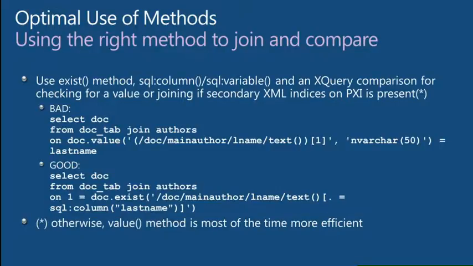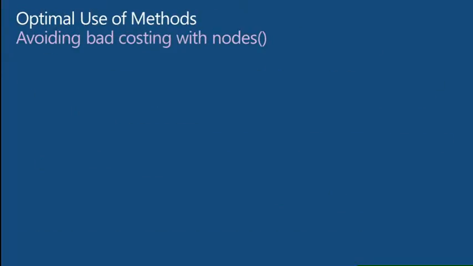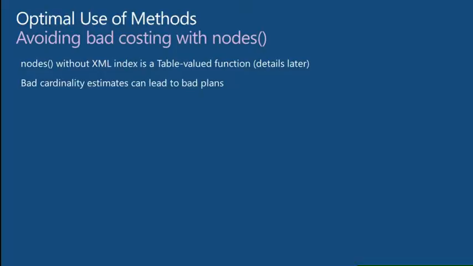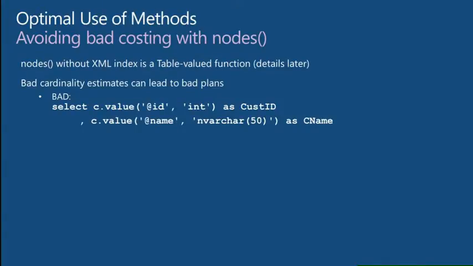Also, as I mentioned earlier, the value method is otherwise more efficient, comparatively speaking, but adding an index will make it always faster. Also, there are some issues with the nodes method. SQL, per se, has some costing problems with table-valued functions that you put inside a from clause. Basically, nodes without the XML index is a table-valued function. This leads to bad cardinality estimates that can lead to bad plans, because basically, if I write a query like